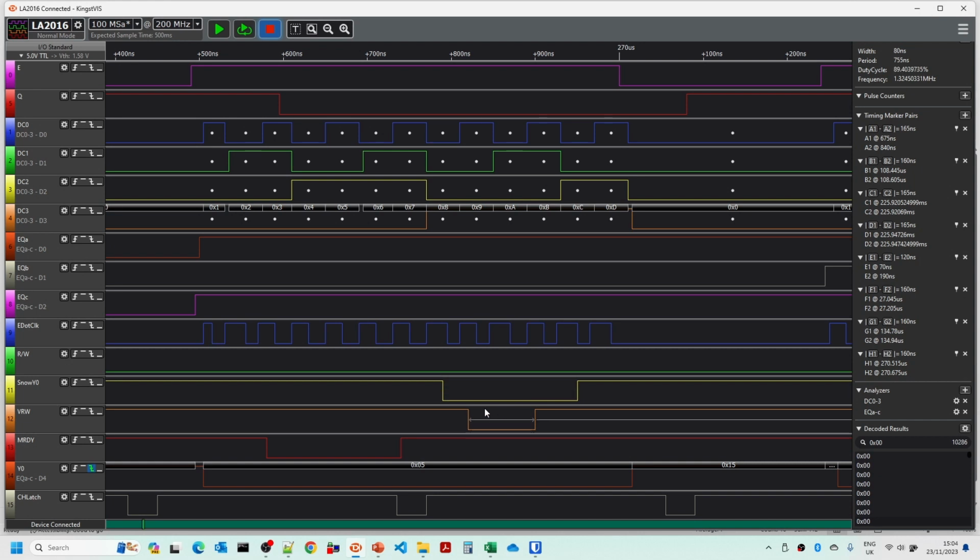What I'm going to do now is just to wire in the outputs that we've got here for the Snow Y0 and the Snow VRW, wire those into the rest of the CRTC circuit, and then we'll have a look and see whether or not this has actually fixed our snow.